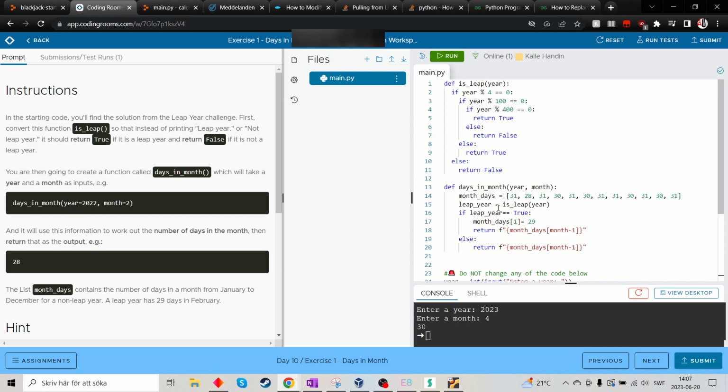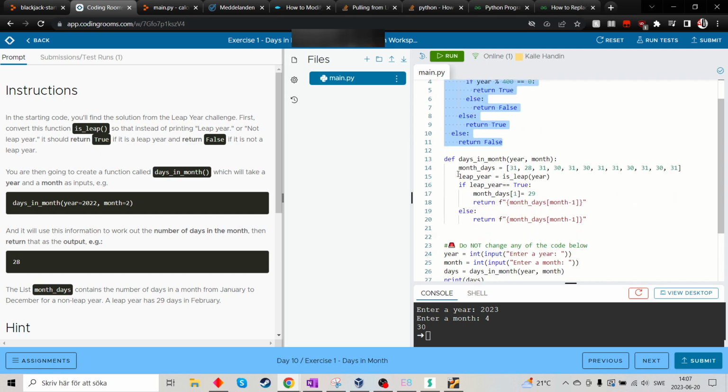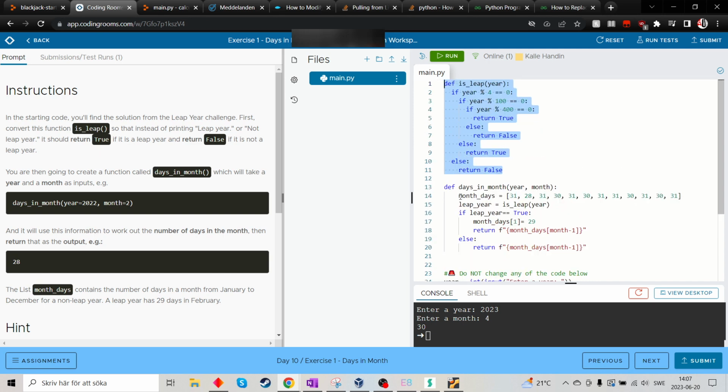What made this challenge hard is that I needed to use a leap year function, because every leap year, February has 29 days. So to make a function for this code to work, I first use the month days. So each month represents a day. And if this is a leap year, so every time I type in